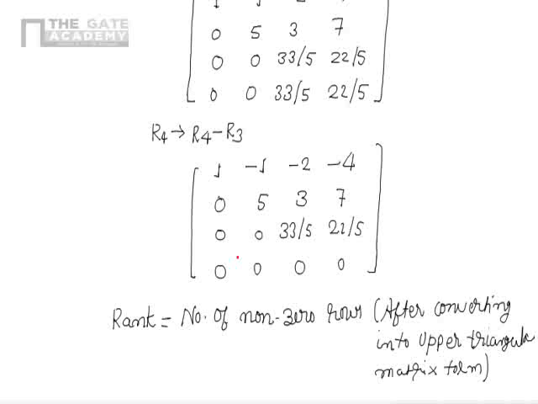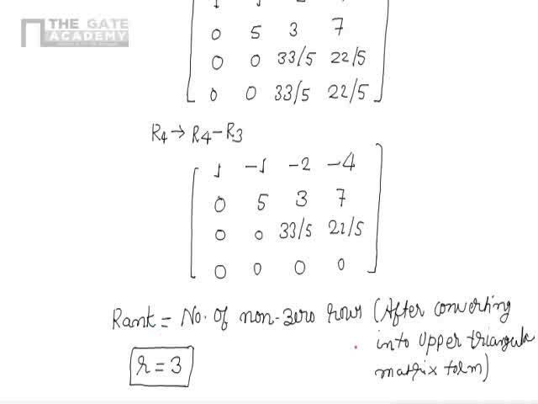So here I can see the number of non-zero rows. When is a row called non-zero? Here this row consists of 4 elements. Third row I am talking about here. So the third row consists of 4 elements. If one of the elements is non-zero, then this will be called a non-zero row. With this definition, I can see the first row is a non-zero row, the second row and the third row are non-zero, whereas the fourth row is a zero row. So the total number of non-zero rows here is 3. So the rank of the matrix is 3 in this case.